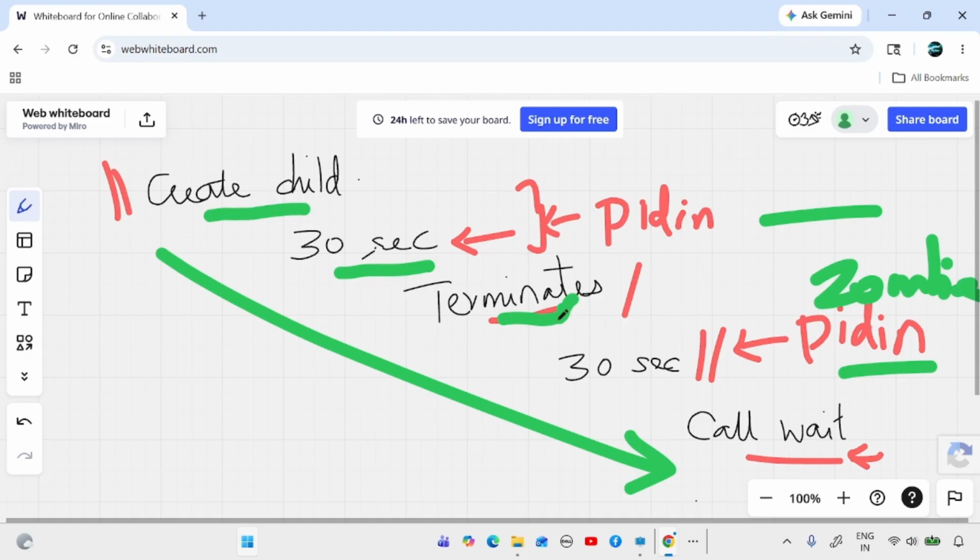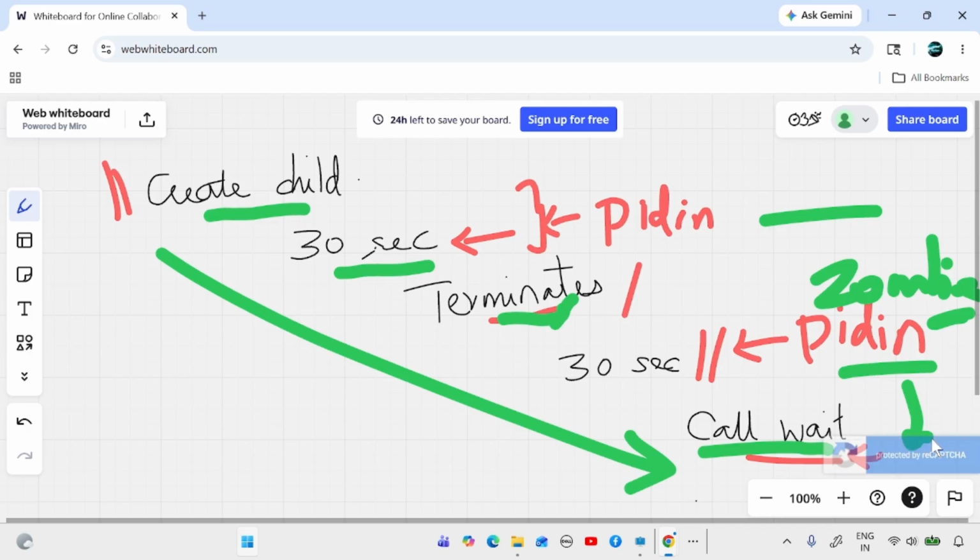Later, when the child dies, it terminates with a SIGCHLD signal. But still, if you call pidin, you can visualize the zombie. Now that is again a 30-second sleep period where you can call pidin and visualize a zombie. After this 30 seconds, the parent process now calls the wait function. As a result, the zombie is cleaned up, and at this point, if pidin is once again called, there will be no zombie process or no process with the child's PID